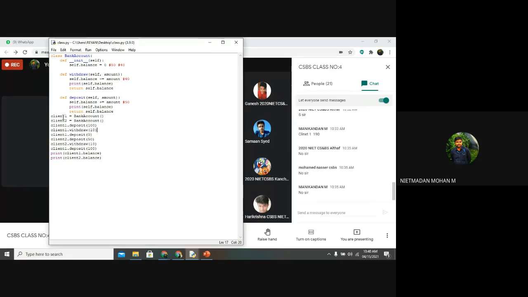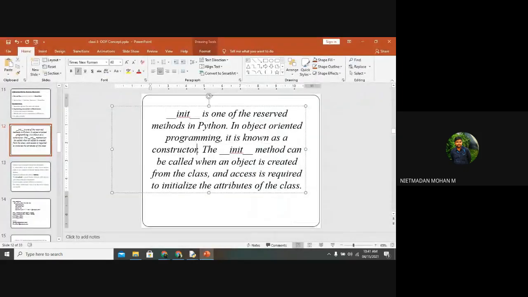And once the class has been created, in some programs, like saving object details, if the reference is to be mentioned in the upcoming lines of code, the init function is used. This init function is known as the constructor in object oriented programming. It is a reserved method in Python.